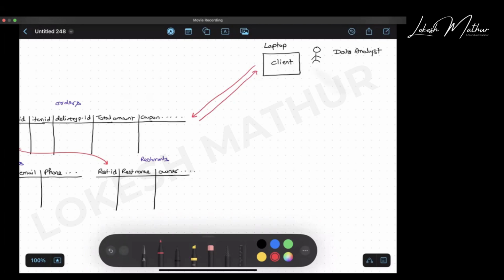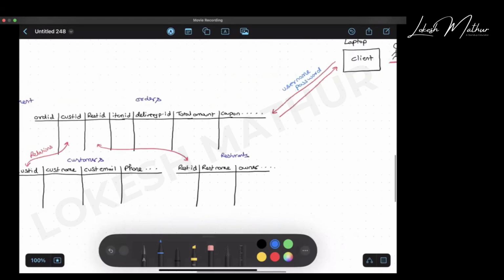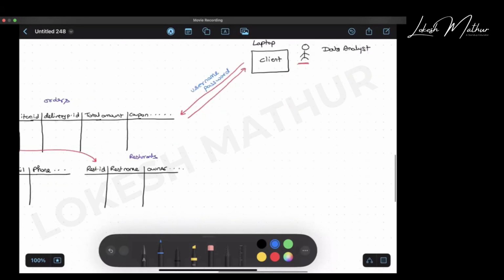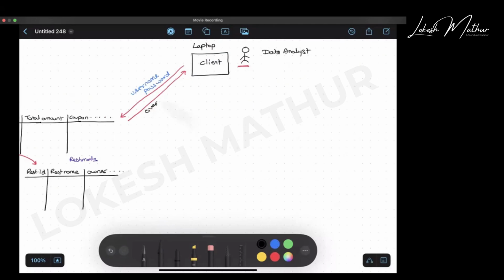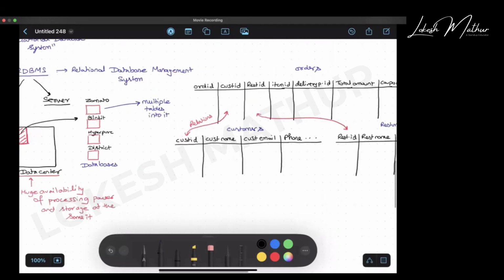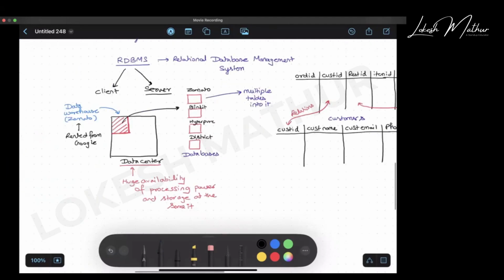So this data analyst has to enter his username and password to connect with the tables or the database, and this is all done over the network or over the internet. So now all the data is centralized, located in this particular server.